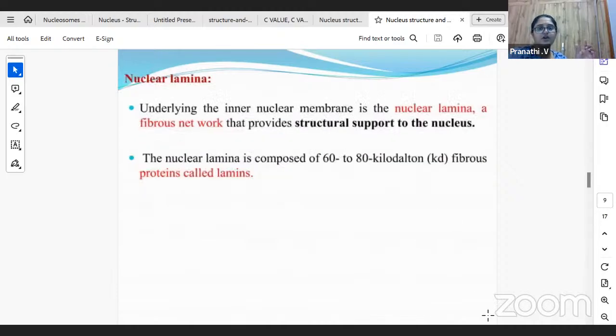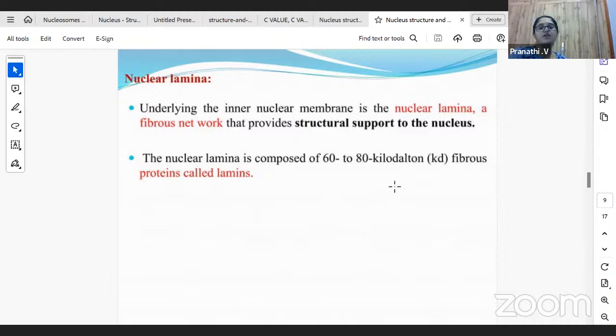And you have something called the nuclear pore complexes. Now, the nuclear lamina is fibrous in nature, made of proteins, that is lamins, and it is going to cover the complete nuclear